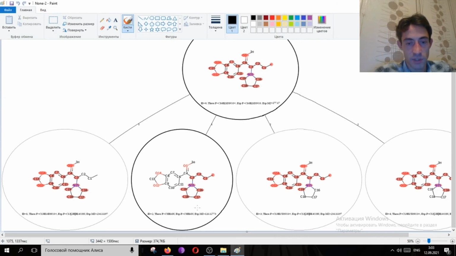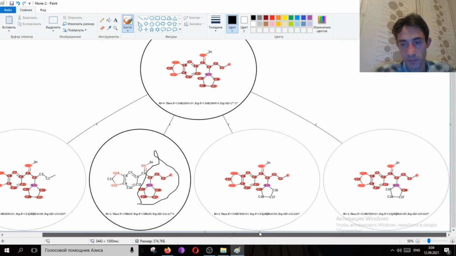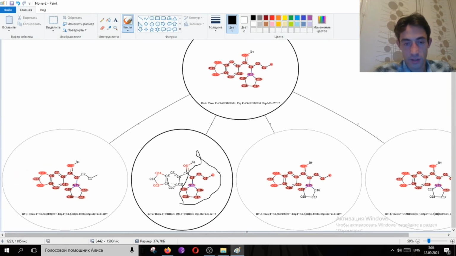For example, for this ion, we know that this fragment in the real experiment does not carry deuterium, so the software also uses this information,